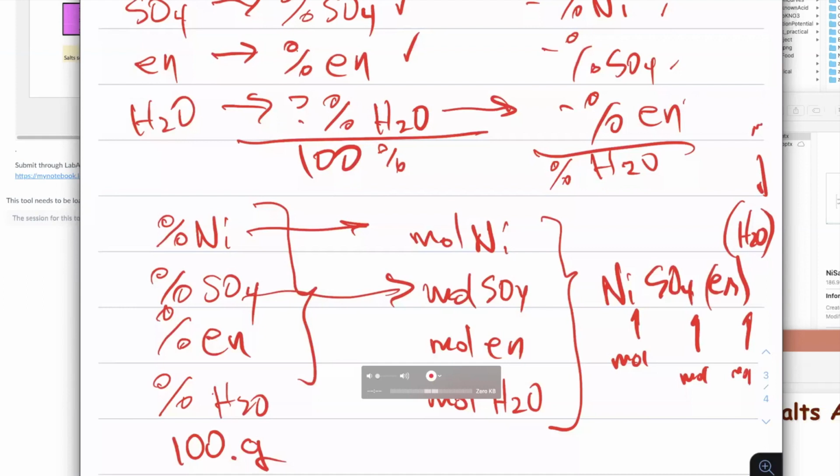Now remember that your moles here may not be whole numbers. It might be 0.086. Well, you need to remember that the formula is always based on whole numbers. So if you have something like 0.086 here, and this also should be 0.086, and this is like 0.163, and this is like 0.240,